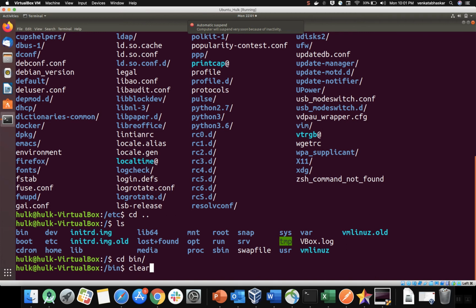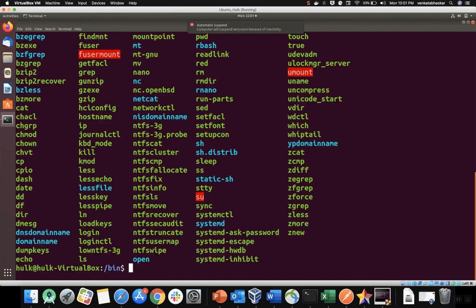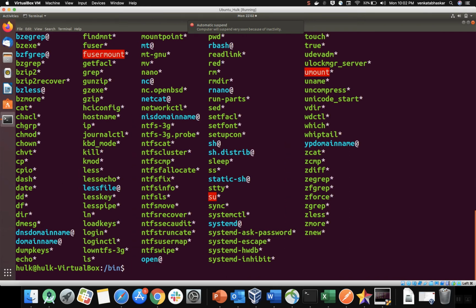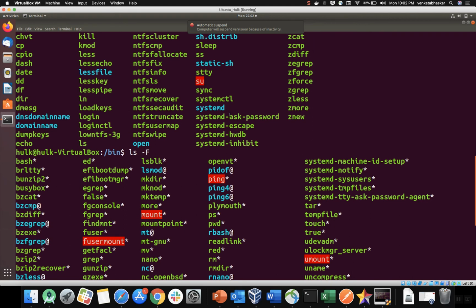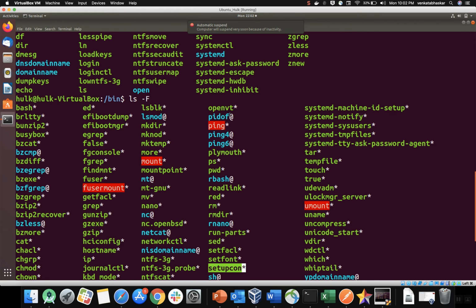I am clearing my console and I can use the ls command. It is displaying right now. ls -F. If you see here, this is a linking file. Star indicates all binary executable files. Here there are no directories. In the bin directory, only executable files are available. This is the use of ls -F.